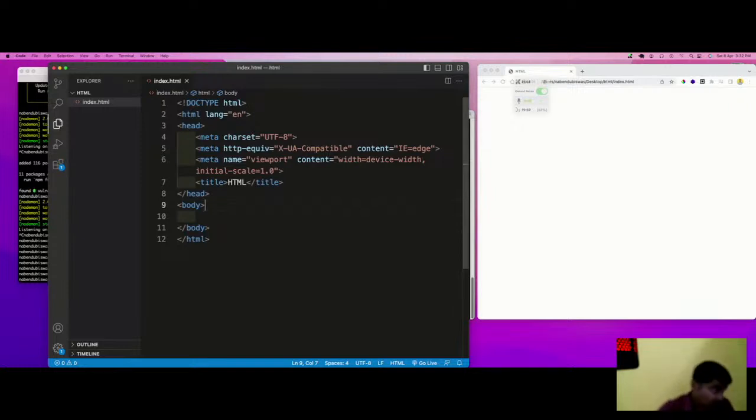HTML is the main building block of any website. If you compare it with building a house, the entire structure which contains columns, beams, walls, roofs, consists of HTML.